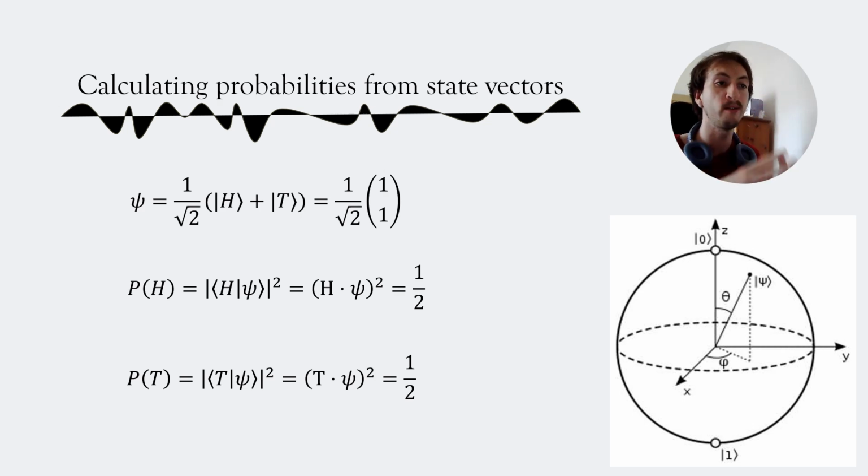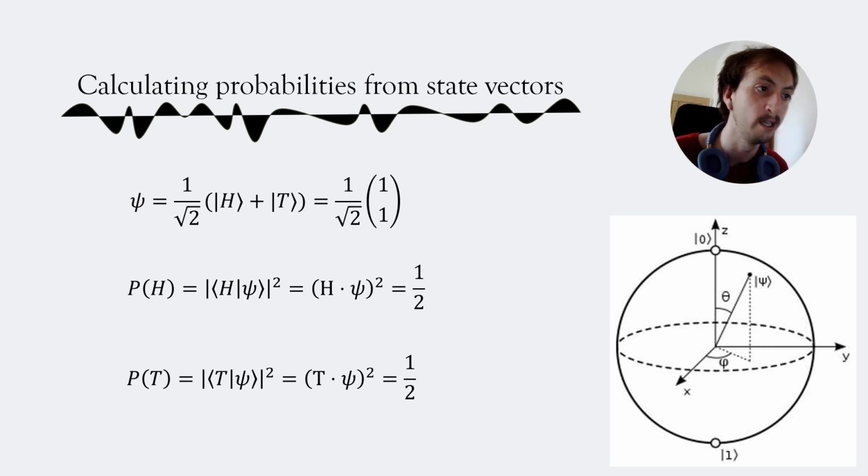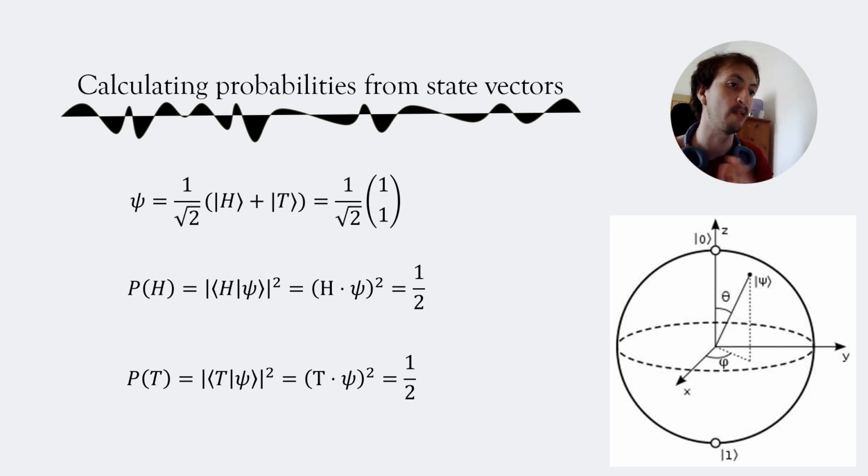One can think of all possible quantum states of a qubit, or a two-level system, that is a system that has two possible classical states that we can find it in. We can think about the available quantum states as being distributed on this sphere, which we have an image of here, called a Bloch sphere. The closer the state vector is to an axis on the Bloch sphere tells you how much more likely you are to find it in that particular state corresponding to that axis than another classical state.